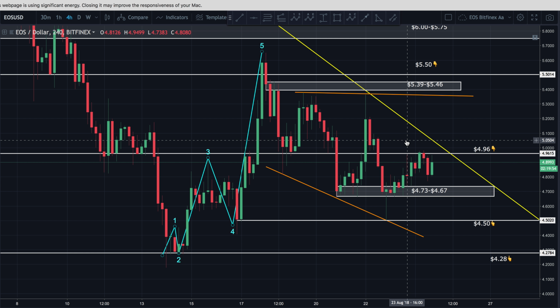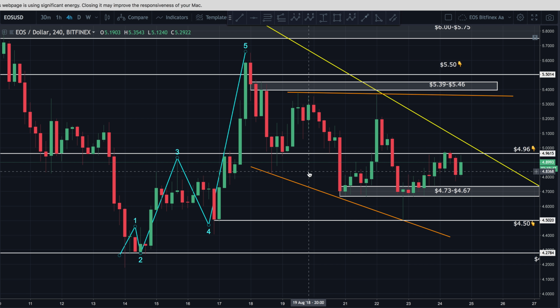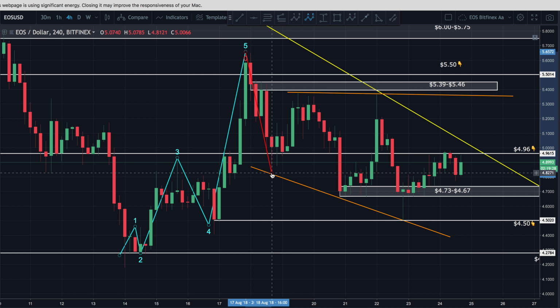Now this is interesting because I can also count this as an A, B, C, D, E. So either way I count this, that's 5 waves. Whether this ends up being a reversal pattern, where this was the correction and now we're reversing into 5 waves up, or whether this was in fact 5 waves up and now we're in an ABCDE correction which has just completed, either way, however you want to count it, I know some guys would argue this,